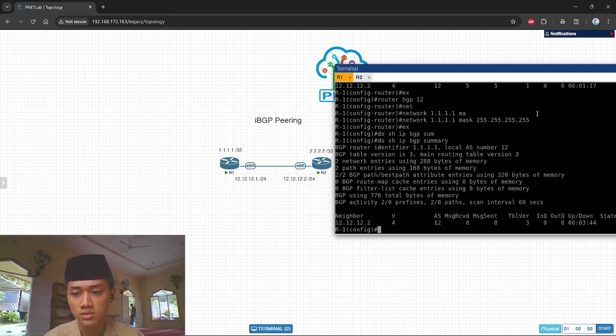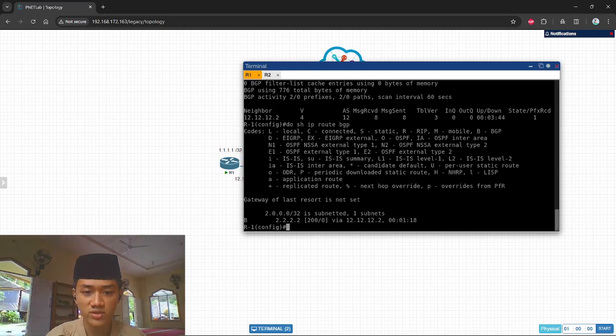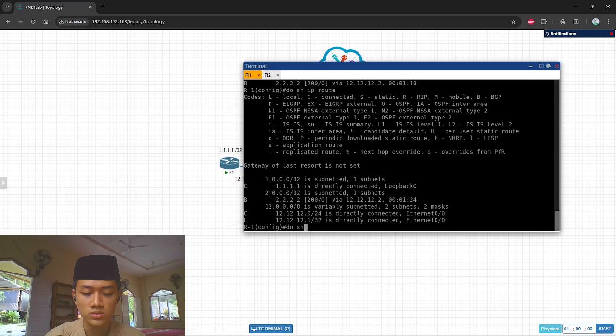Okay, in here there must be TblVer and PfxRcd. It increases and becomes one. It means that the router has received the other router's IP or something like that. Yeah, let's check the IP route BGP, the routing table of BGP. This is the usual IP route. No, show